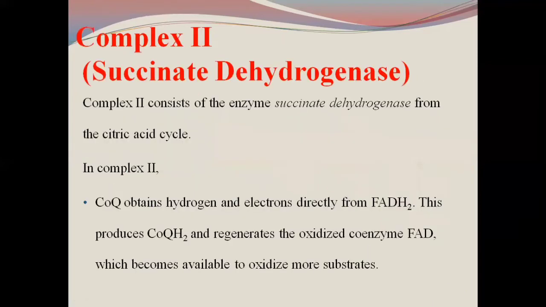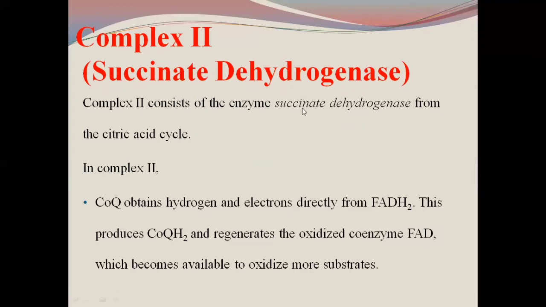So how is the structural organization of complex 2? Complex 2 is composed of which components? In complex 2, there is the FAD. FAD is covalently present inside the complex 2. As I told you, complex 2 is a membrane-bound enzyme for the citric acid cycle. This is the only enzyme that is membrane bound for the citric acid cycle, or TCA cycle, Krebs cycle. This enzyme is known as succinate dehydrogenase because it causes the dehydrogenation reaction for succinate, and as a result, FAD will get reduced.